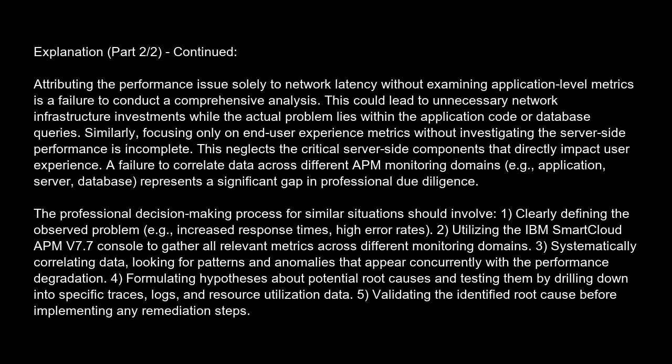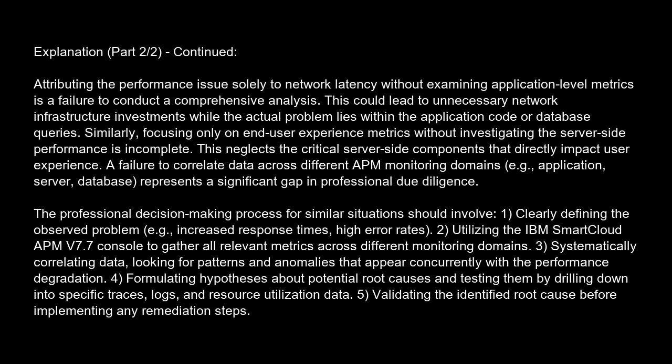Similarly, focusing only on end-user experience metrics without investigating the server-side performance is incomplete. This neglects the critical server-side components that directly impact user experience. A failure to correlate data across different APM monitoring domains, e.g., application, server, database, represents a significant gap in professional due diligence. The professional decision-making process for similar situations should involve: